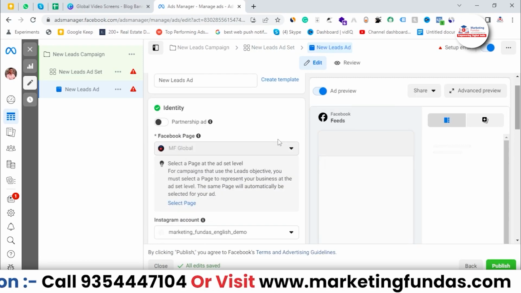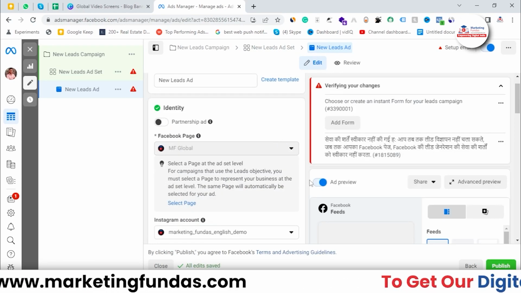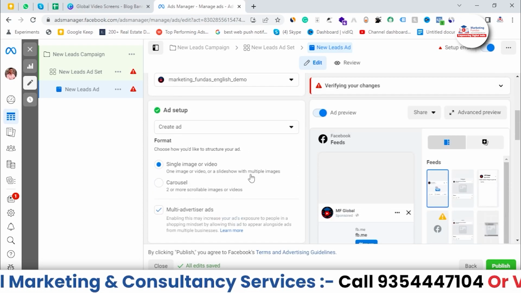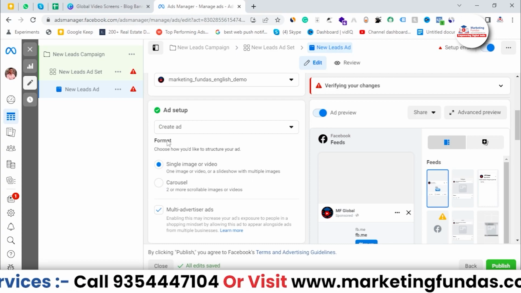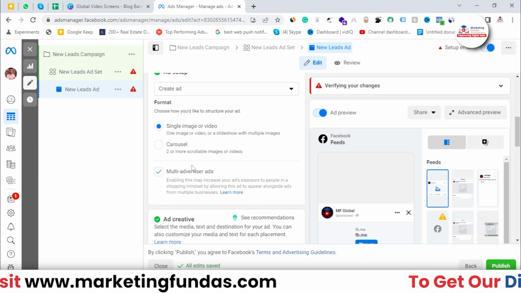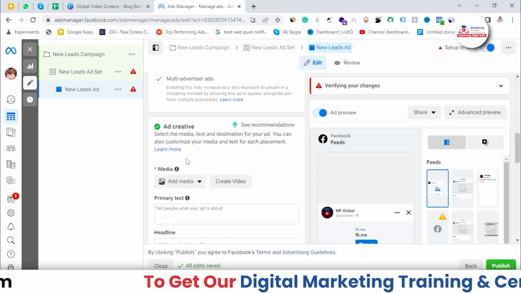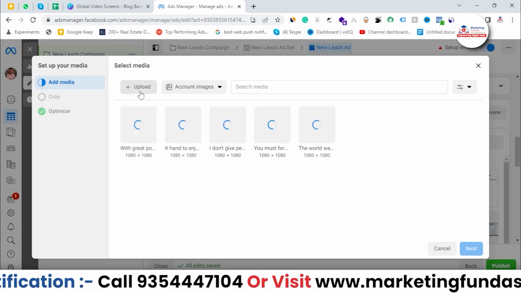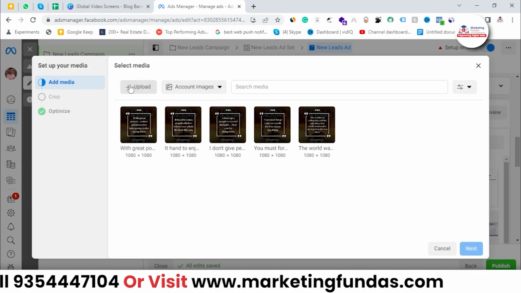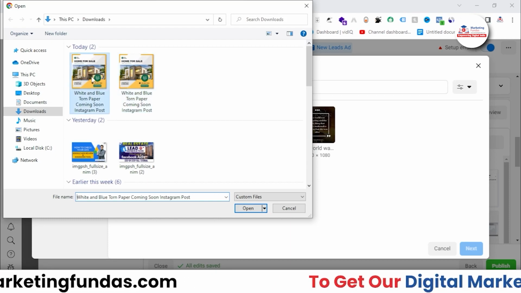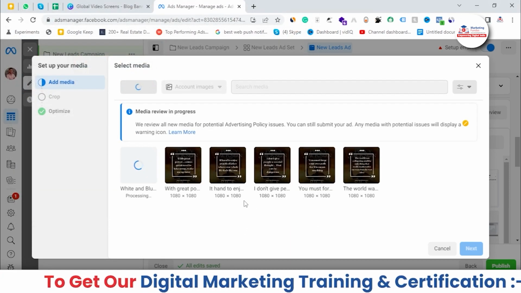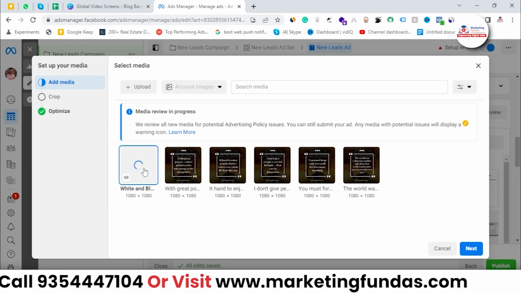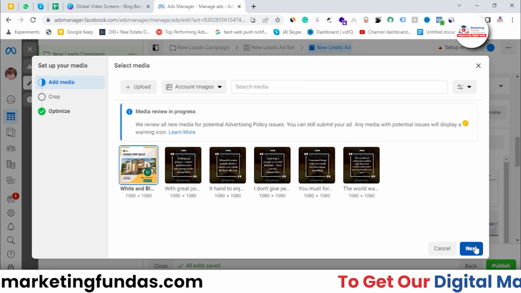So here we'll be creating the ad basically. Now let's scroll a little bit down. Let me scroll here, and yes, we are going to select this single image or video. We are not going with carousel right now. Then here let me add an image which I have downloaded. Let me directly upload an image from my computer itself. So I've downloaded this. Let me select this one. It takes a few seconds to upload, and once it's uploaded, just hit the next button